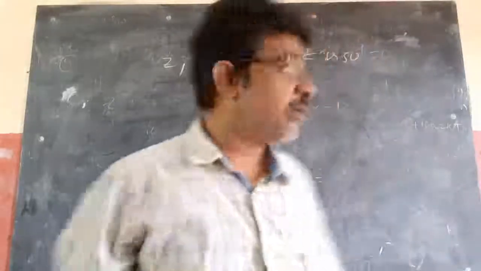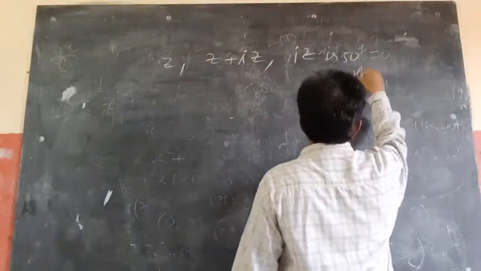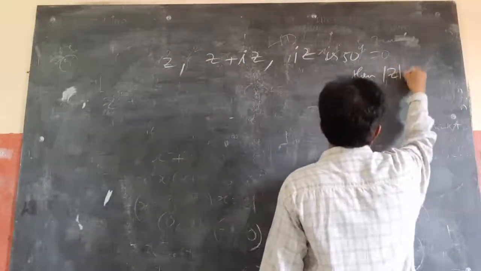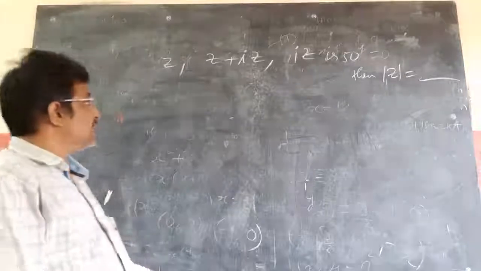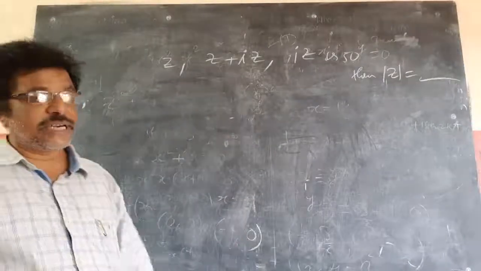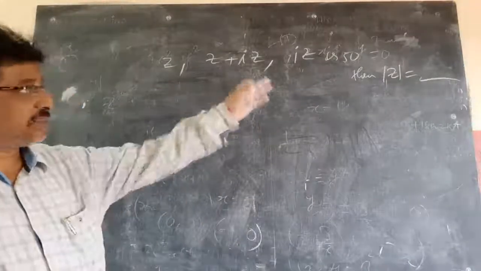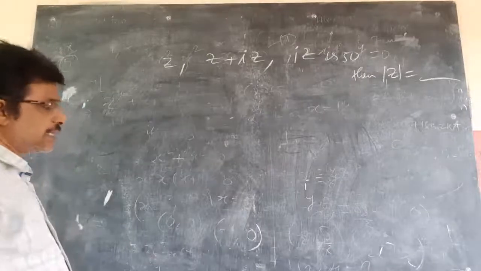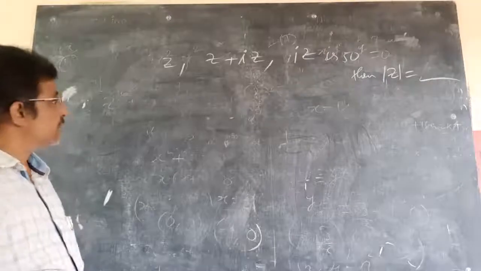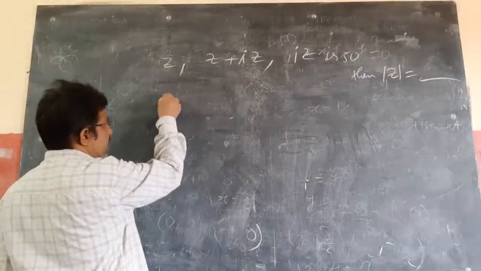Then mod z equal to dash is asking. Simple. He is giving that these 3 are the vertices of a triangle. Area of the triangle formed by these 3 vertices is 50. Now we will go for your 10th class method or the determinants first year method. z is x plus iy only.